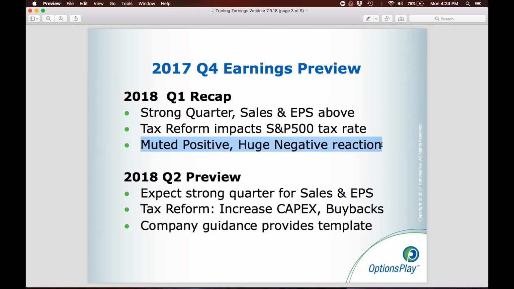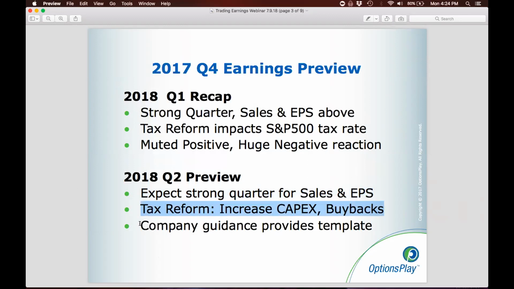So what are our expectations for Q2? So far, our expectations are, again, a very strong quarter. Macroeconomic indicators show strong industrial activity. We expect both sales and EPS to be fairly strong this specific quarter. Tax reform, again, is going to be a big potential boost to the markets this quarter. Increases in capital expenditure, increases in buybacks, increases in dividends. These are all supportive of higher stock prices. So these are the types of things that we're expecting for this quarter.